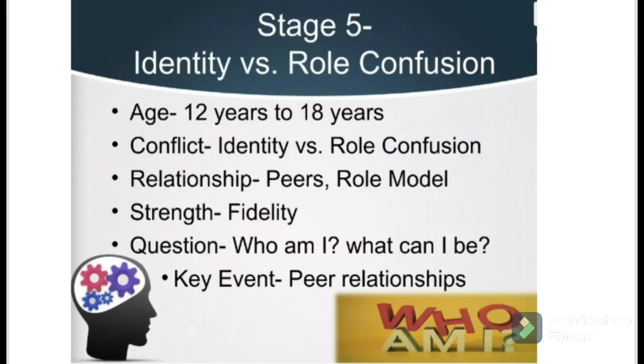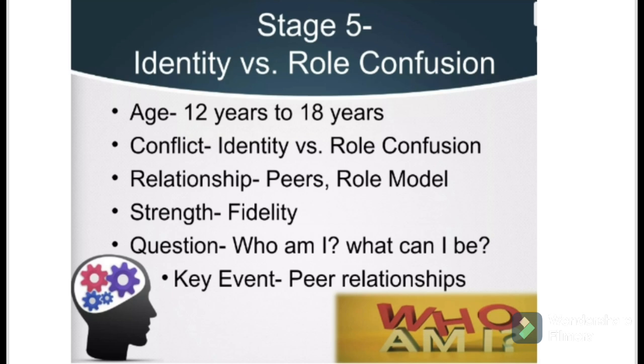Then stage 5 is about identity versus role confusion. The age group is from 12 years to 18 years. In this stage, relationships develop between the teachers, the peers, the friends, the school surroundings, and the home surroundings. So if these things remain positive, the relationships become healthy, and things are behaving in the proper way, then it goes to identity, and the child gets their own identity. Or if there is any negativity, or any lack of proper behavior, then they get role confusion, and they do not get their proper behavior or proper identity.